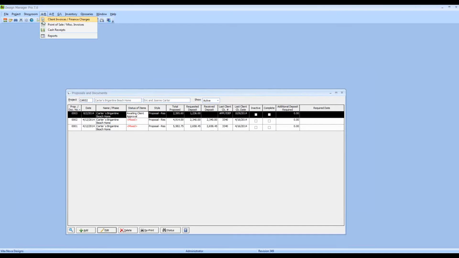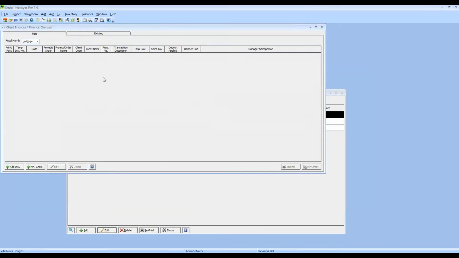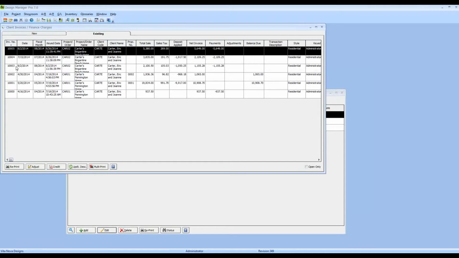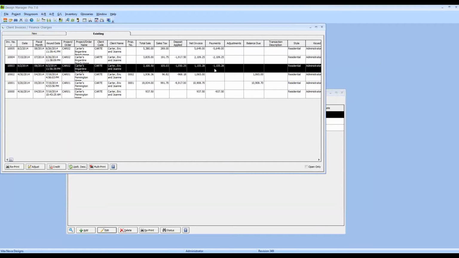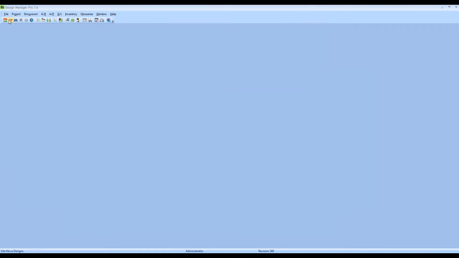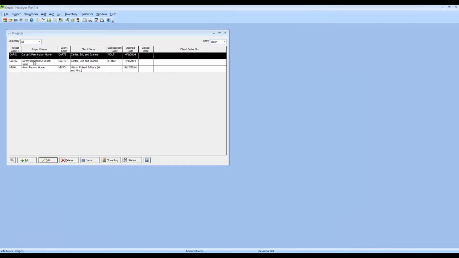If we look on our invoicing window, we can see that invoice 10,003 now has a payment of $1155.28 and a balance due of 0, effectively closing off that invoice. And we can even see all of that information